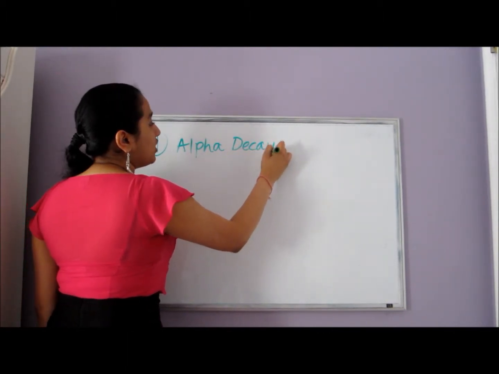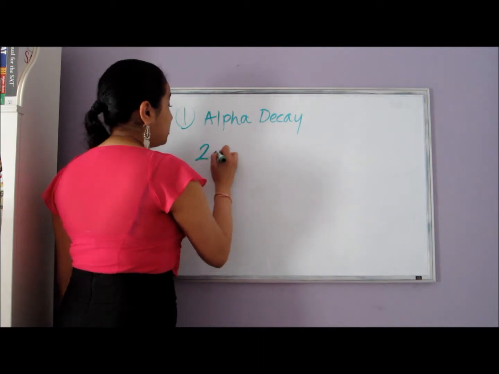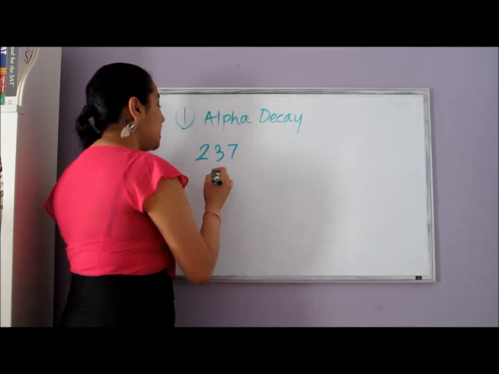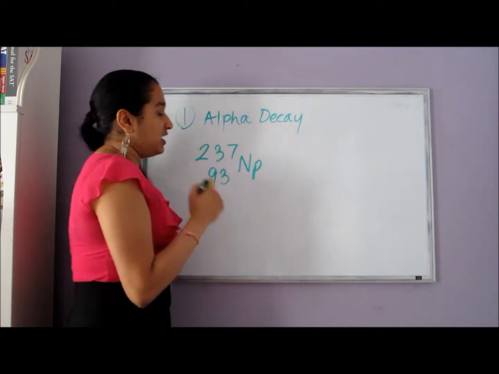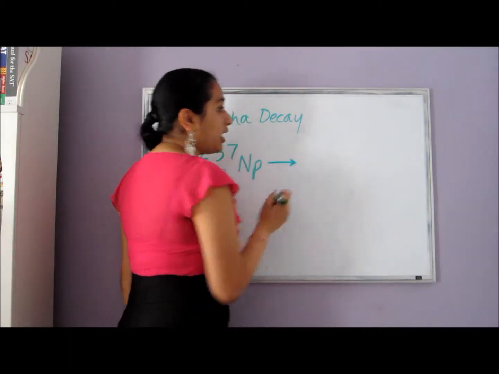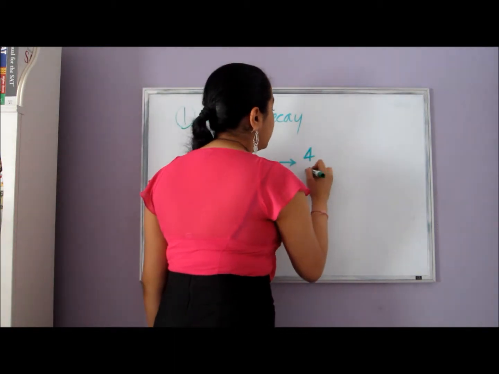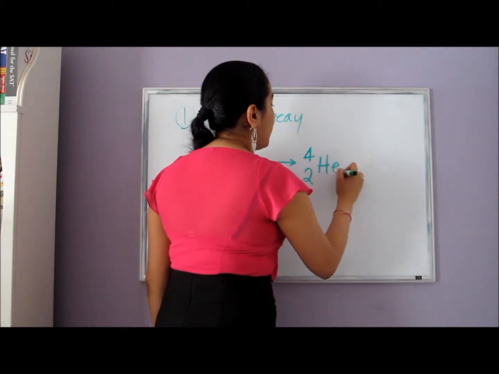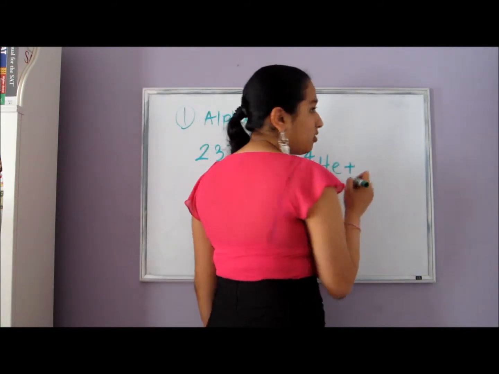Okay, so why don't you pick an element that I can start with? How about neptunium? Okay, so neptunium's mass number is 237, and its atomic number is 93, and its symbol is Np. Okay, so in alpha decay, when the atom decays, it forms a helium nucleus. So it has a mass number of 4 and an atomic number of 2, and then it forms another